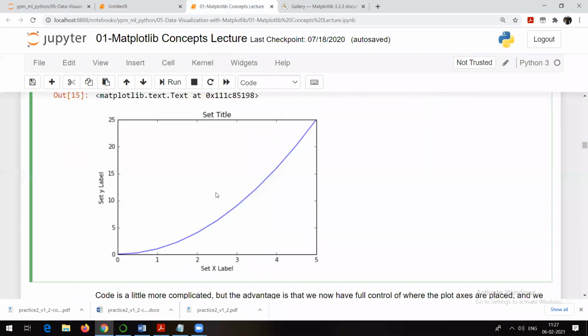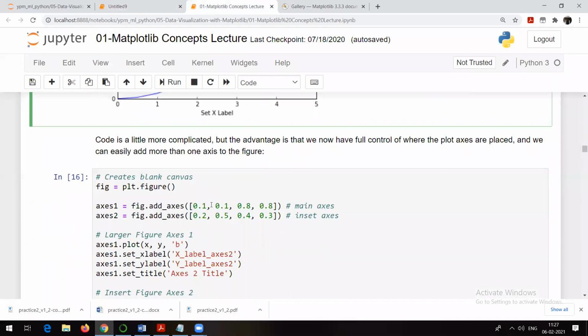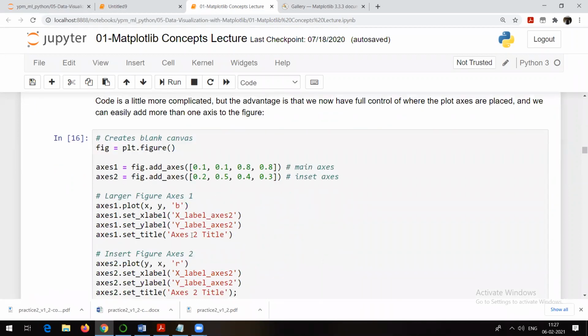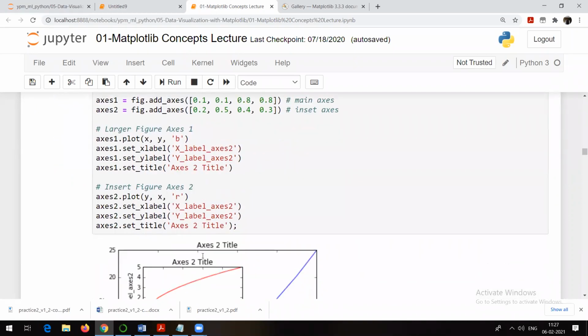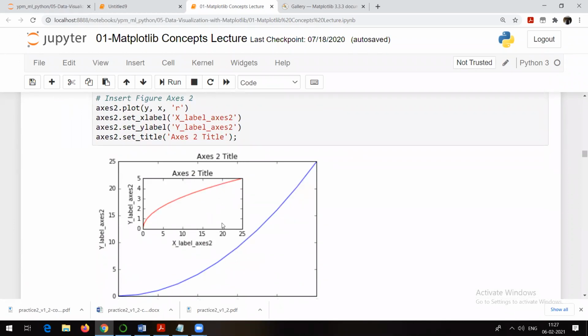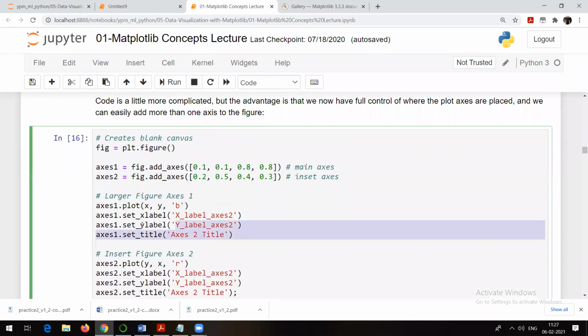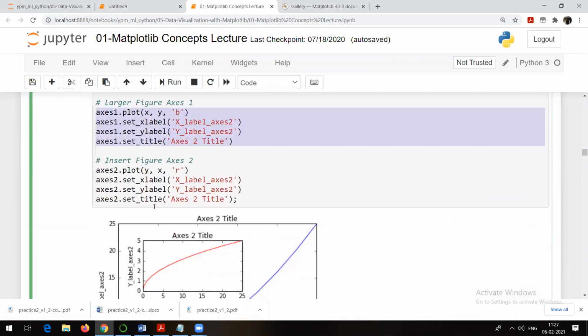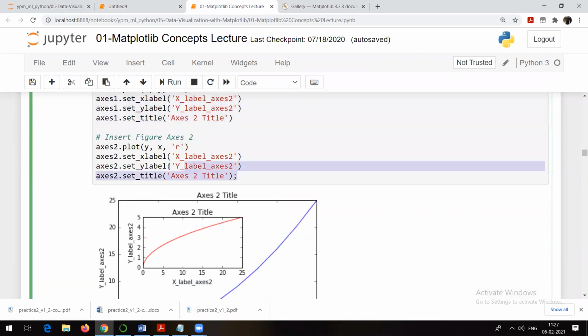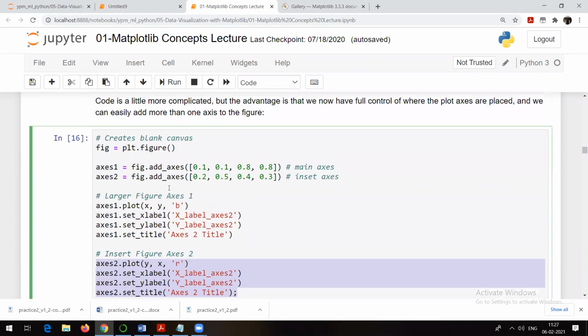Okay. Now, what are we doing is the same thing we will do, right? But we will do it in this way. What if I want to have this kind of graphs? This kind of graph. See, this first code is going to give this larger figure, and the second one is going to give the smaller figure. Something like this we want to plot.